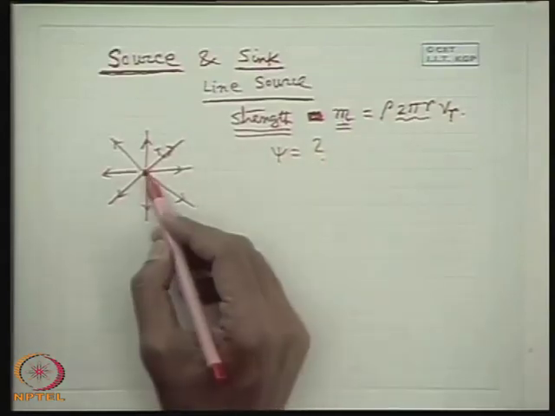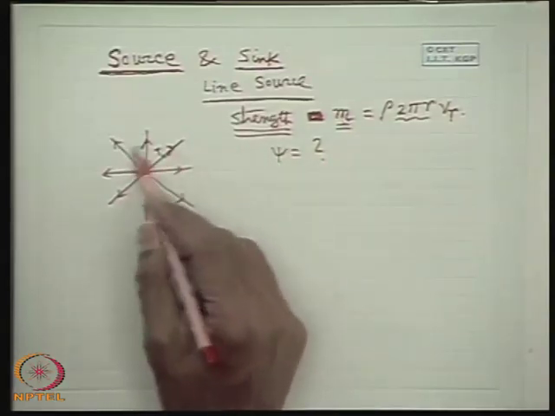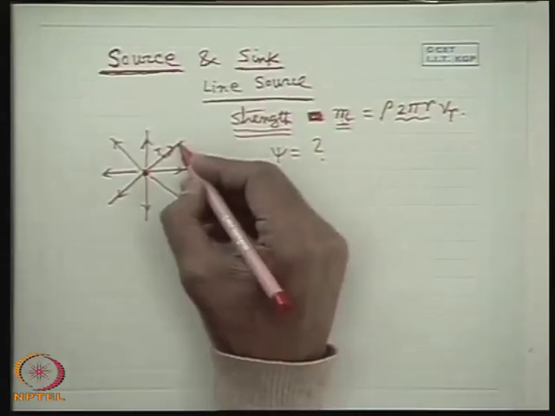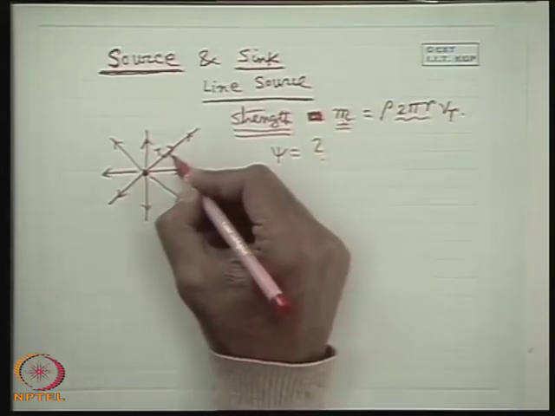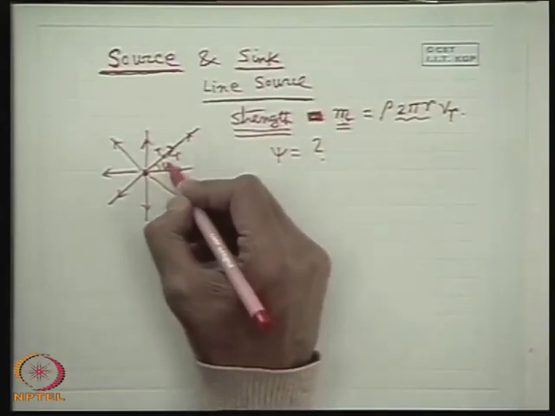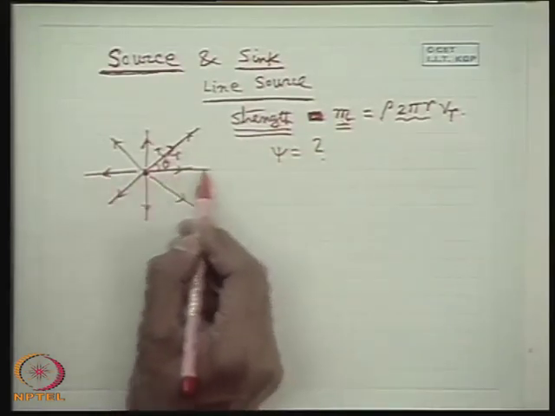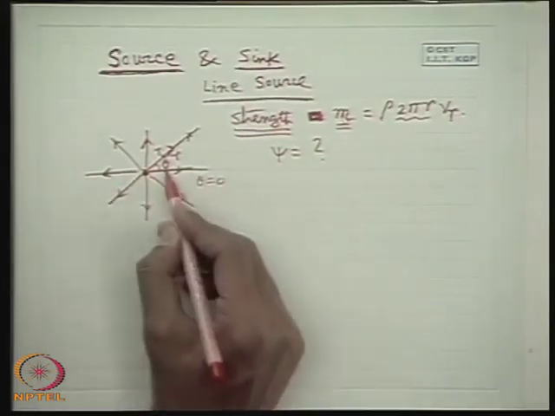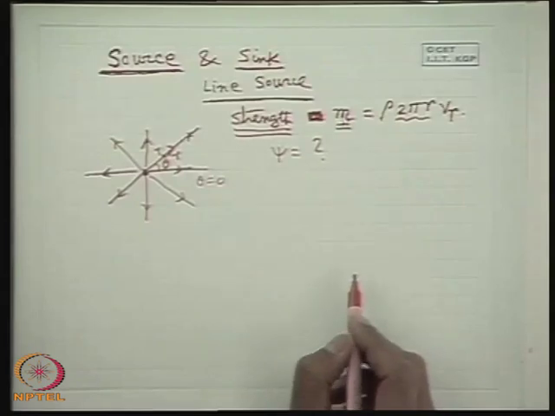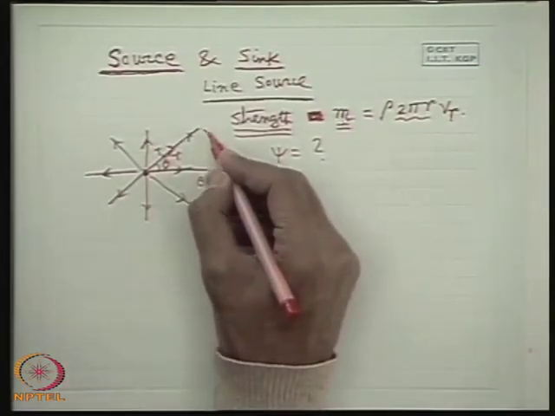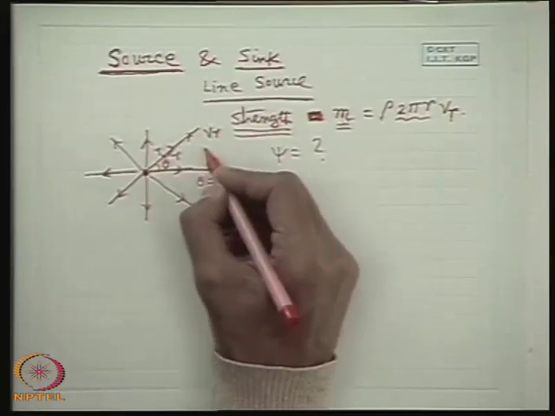Now here, as the fluid is coming in all radial directions uniformly, it is better to adopt a polar coordinate system, where a point is given by r as the radial coordinate and theta as the azimuthal angle, and we consider any arbitrary reference line as theta equal to 0 from where the azimuthal angle theta is measured. So if you recall the definition, and if we consider Vr is the radial direction velocity